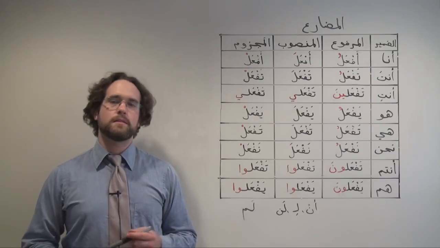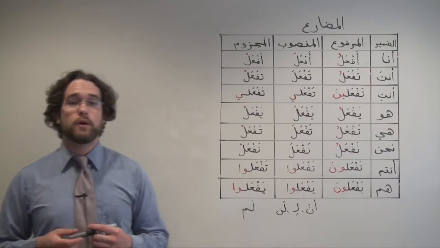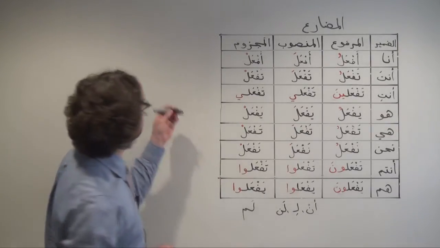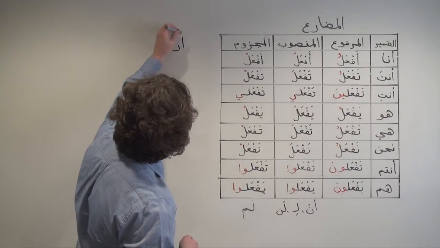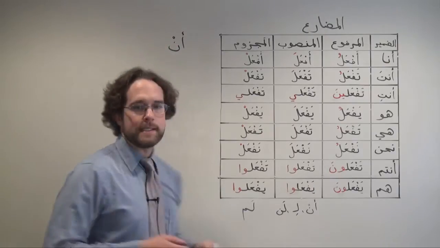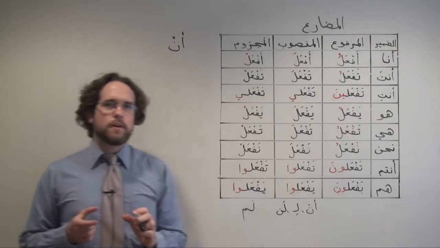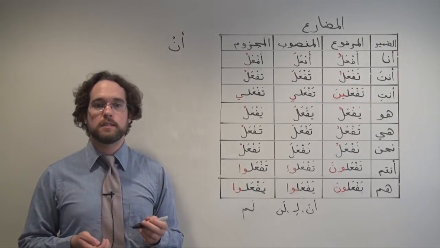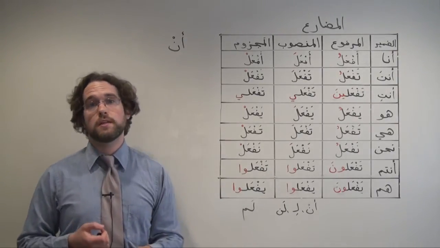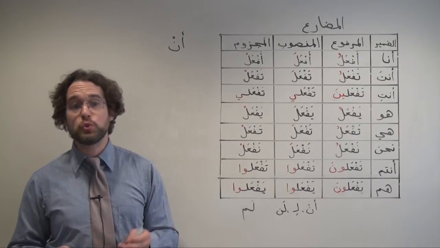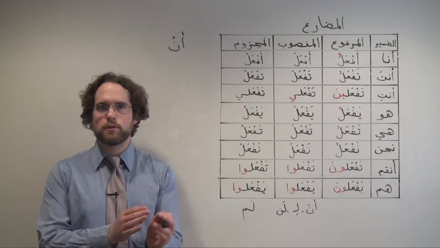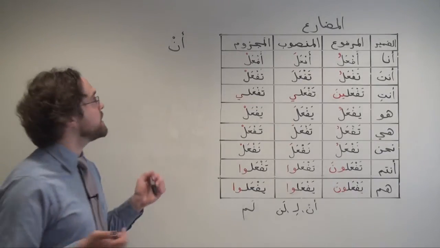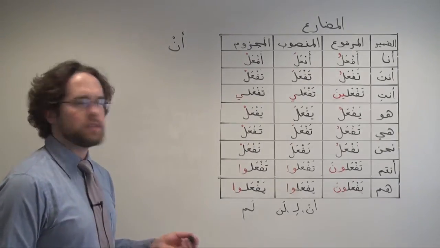Sabah al-khair. In this video, we're going to talk about how to connect main and dependent verbs in formal Arabic using the particle an. An serves a function very similar to the English word to in sentences like I want to study literature or she likes to play chess, to separate the main verb from the dependent verb. And we often see the particle an after certain specific words in formal Arabic.